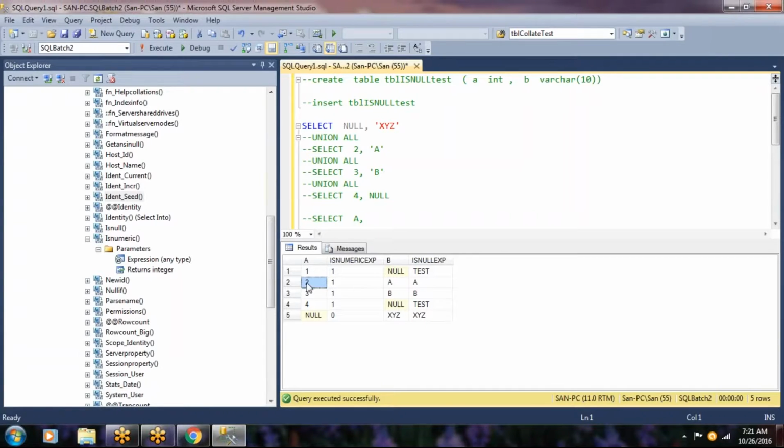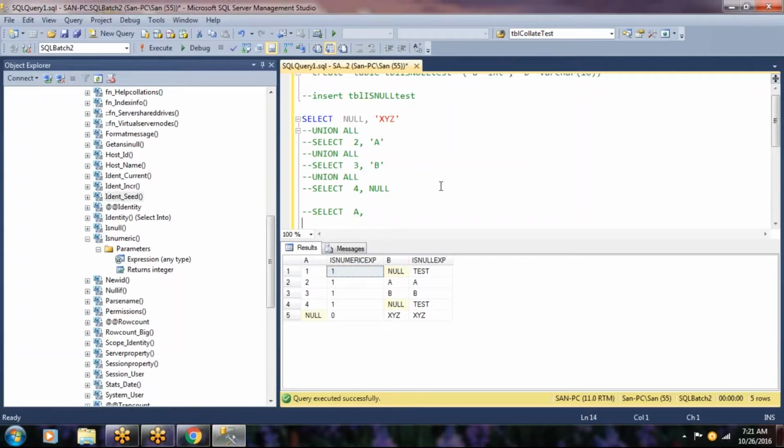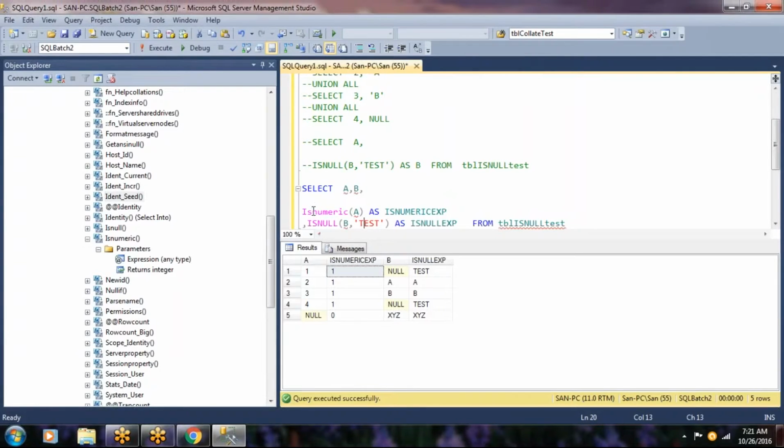So 1 is numeric, 2 is numeric, 3 is numeric, 4 is numeric, null means nothing. When you are checking whether this column has a numeric data type, go and check like this with the help of the ISNUMERIC function. I have mentioned a inside this column. So 1 is numeric data, that's why it is giving 1, 1, 1, 1.